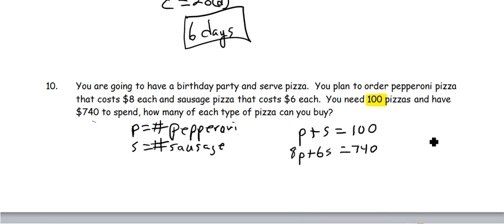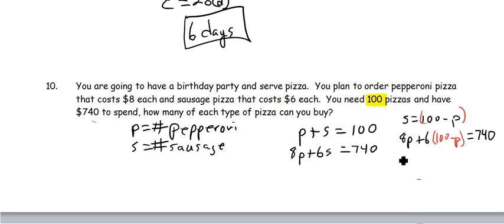I think in this one what I'm going to do is I'm going to solve for one of these, and I'm going to say that S, so I'm just going to subtract P. So I'm going to end up S equals 100 minus P. And then I'm going to substitute that into this equation where I have 8P plus 6. And then instead of writing S, I'm writing what S is equal to. 100 minus P equals